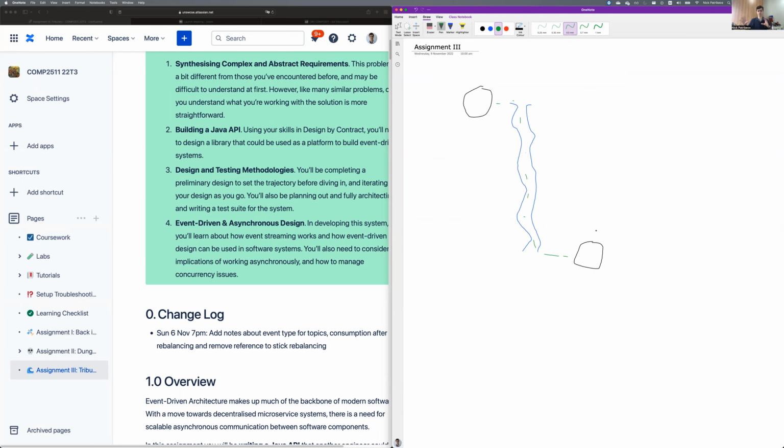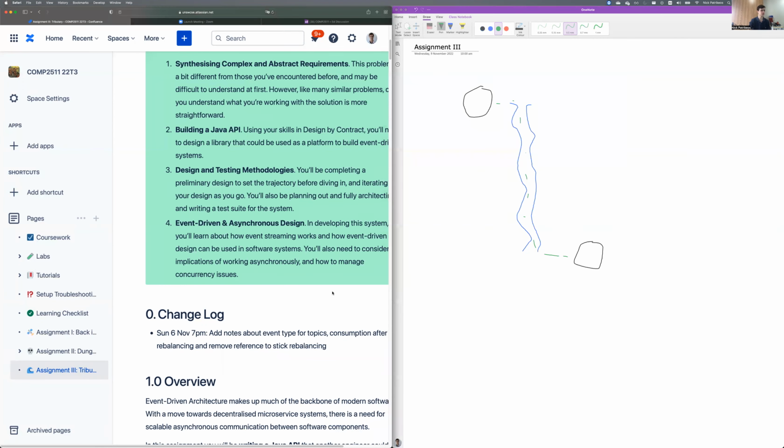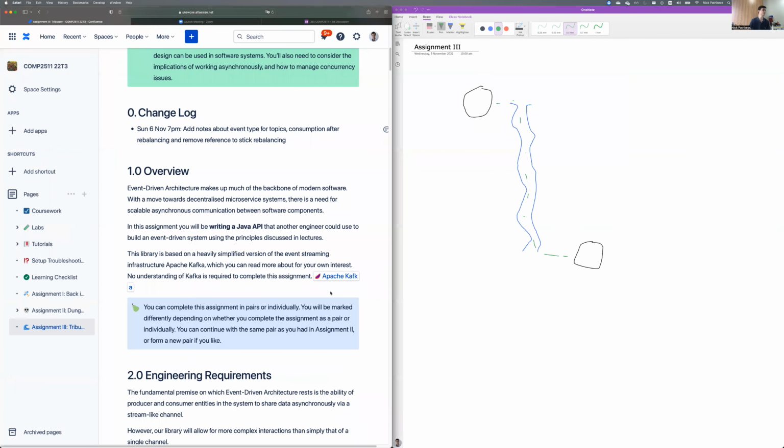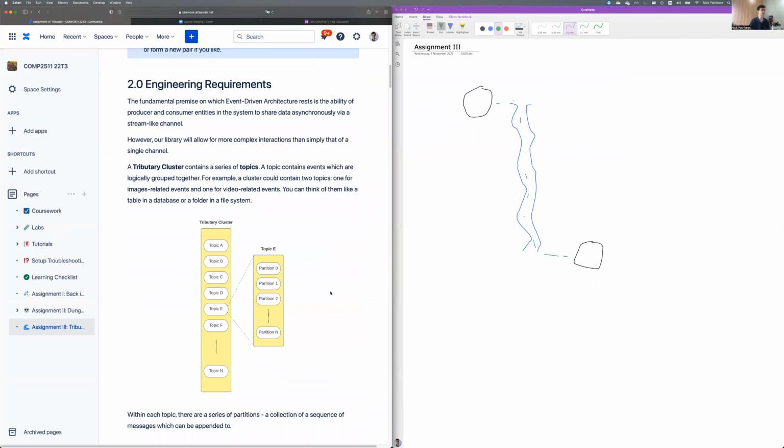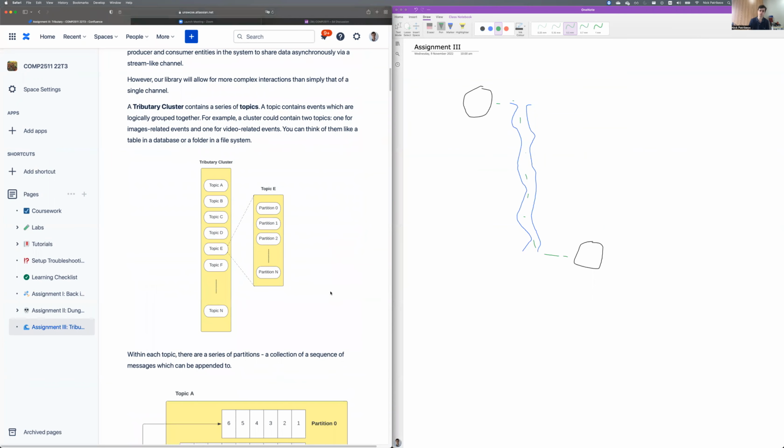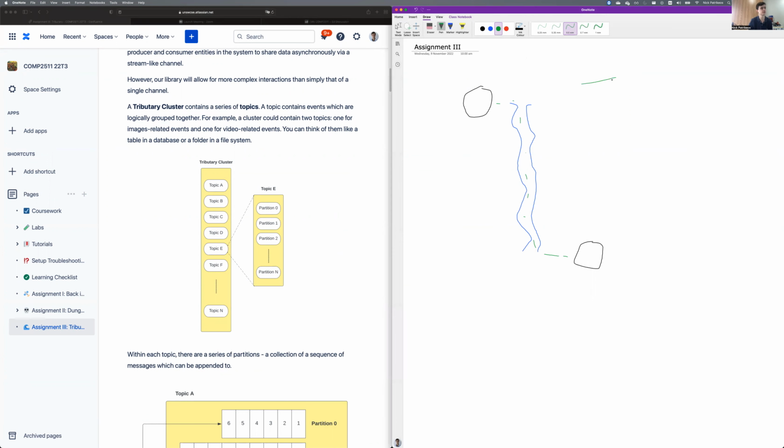That's the basic model. Now, what this assignment is saying is let's take that up a notch. The first thing is we have different types of topics, and topics relate to events of a conceptual type. So maybe in this tributary, you've got these green events, and then you've also got some red events. And so maybe we have another producer over here, which produces red events. And the consumer,